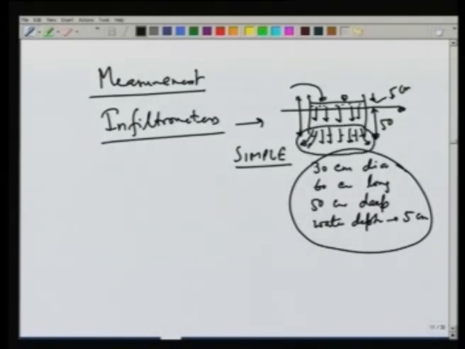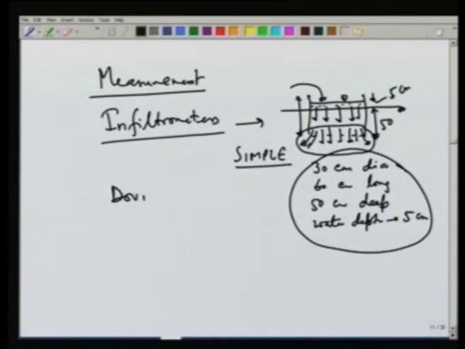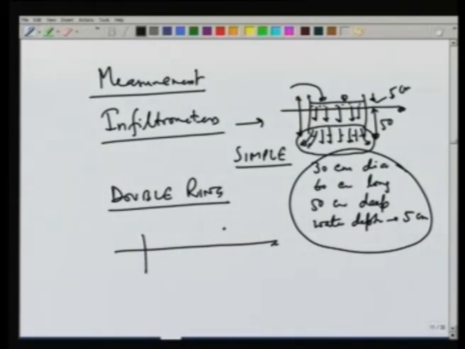So, there is a modification in the simple infiltrometer, and sometimes we use what is known as double ring infiltrometers. In double ring, we have an inner ring and an outer ring. So, if this is the ground level, we have an outer ring, and then we have an inner ring